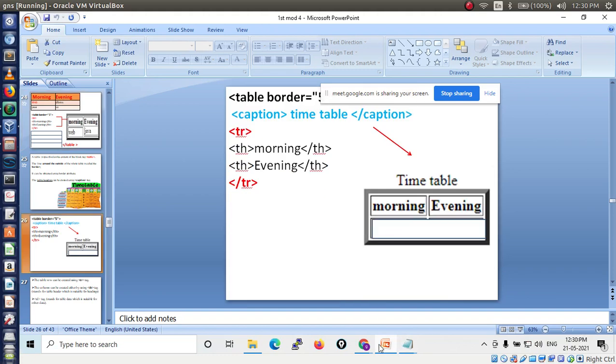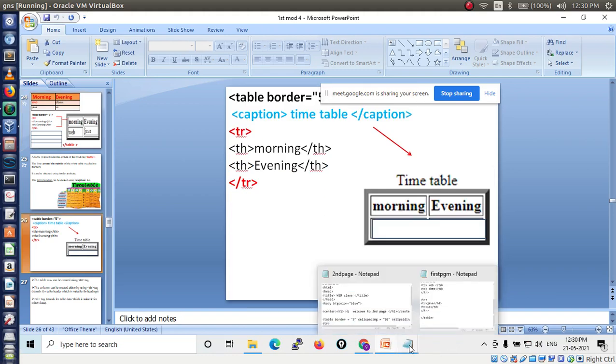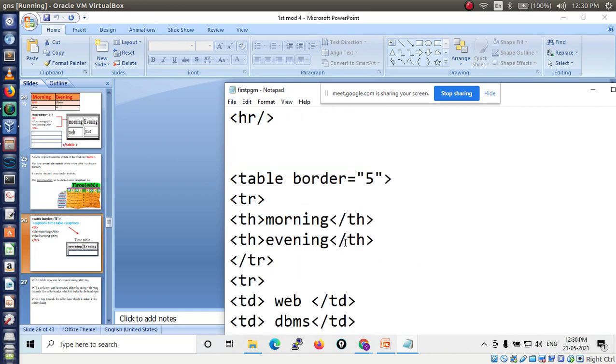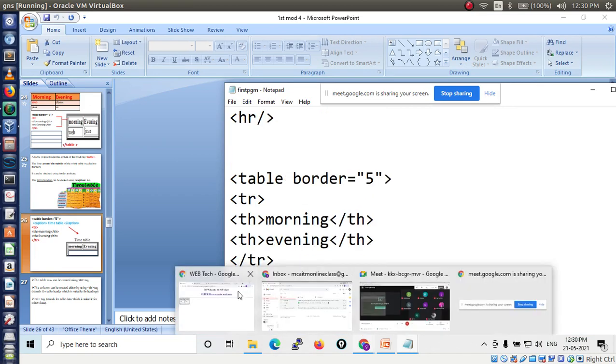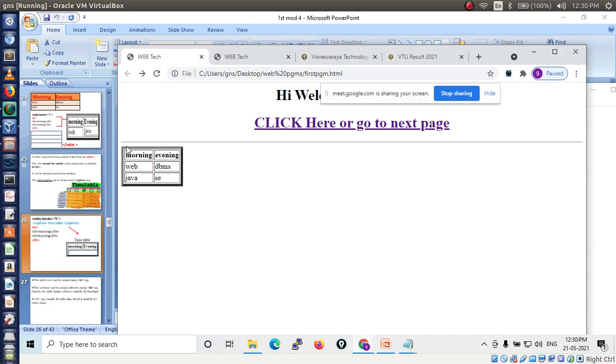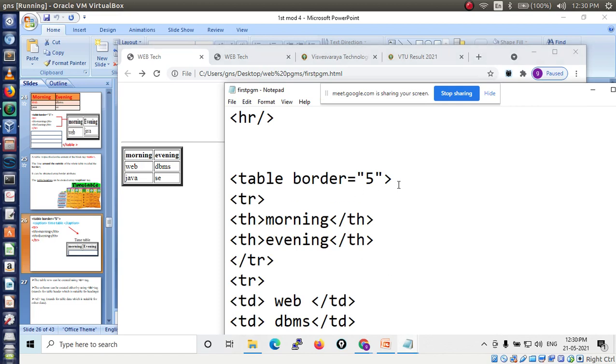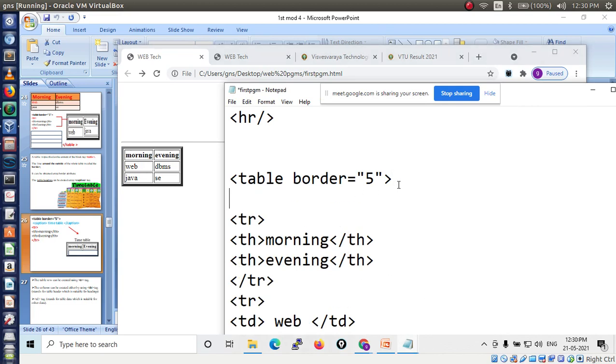Here we will write the table code. Here we are not getting any information in this table, right? So here I have to display the table name. To display the table name I have to use the caption tag. So after the table tag you have to write caption, followed by timetable.